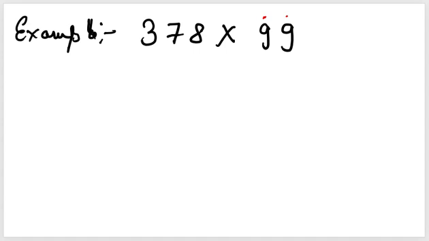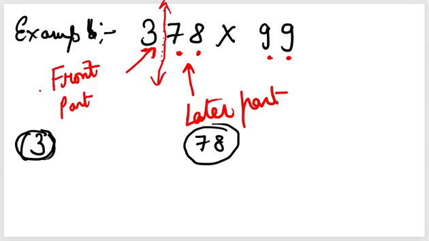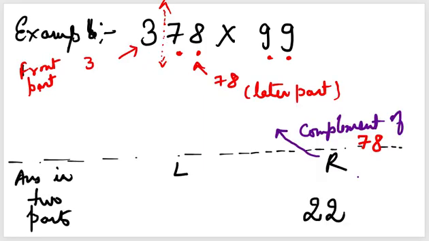So what you will do, divide this number into two parts. You start looking from the back side of the number. So just consider the 2 digits from the last. Now it is in two parts. So one part is here 78 and another part is 3. So we will find out the solution in two parts. One is the front part and the later part. So front part will give us a help in finding the left side of the solution, and the later part will give me a solution of the right part, because we always see in these cases that we get an answer in two parts.